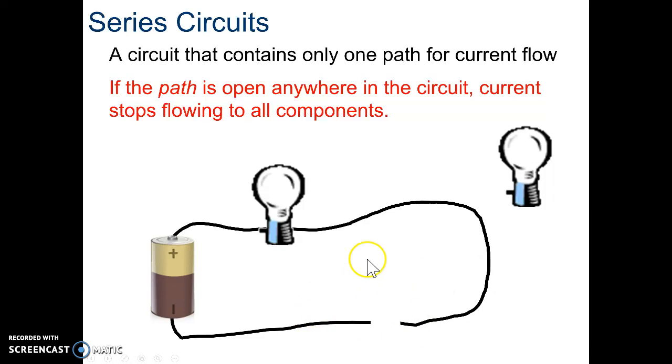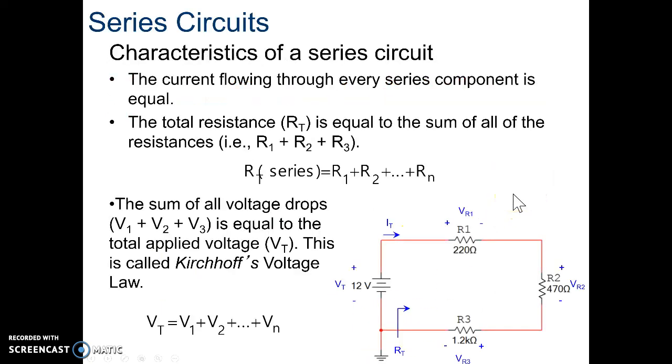In the case of a string my mom had as a child, we would spend hours trying to figure out which light bulb was burned out, because a burned out bulb would break that circuit. So let's take a look at these and how they work actually as we go through. If we look at the characteristics of a series circuit, then we know that the current flowing through every series component is equal, and the total resistance is equal to the sum of all the